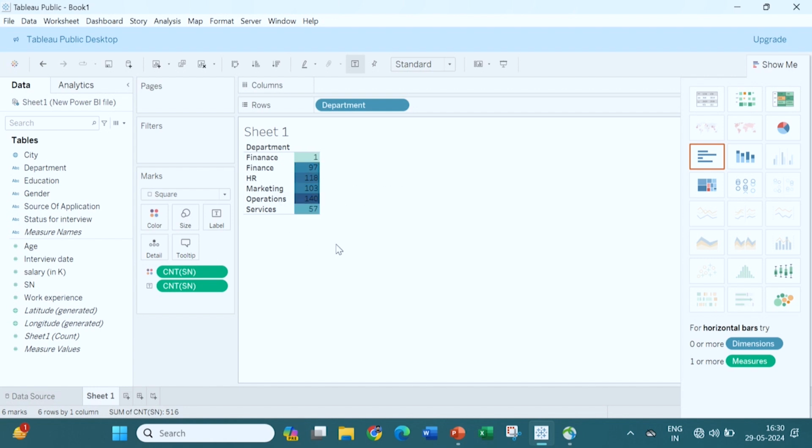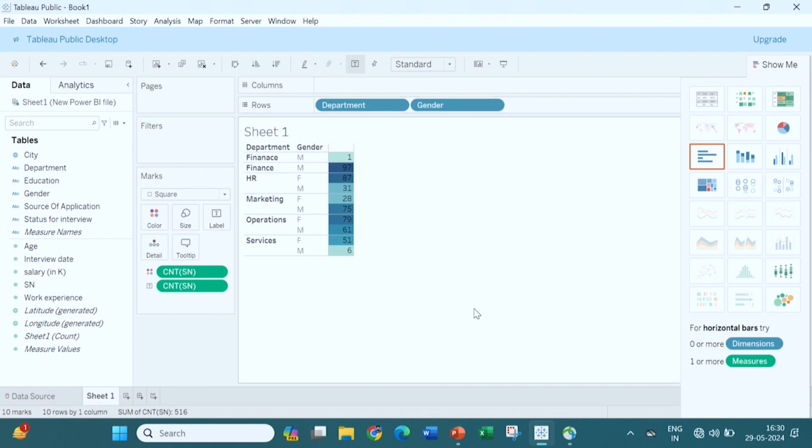So, simply if you click on this table, you will get this table. Now, if you want to know in this table how many males are there and how many females are there, how will you understand? What you can do is take the gender and also put it into the rows. What can you see now? You can see in the finance department male is there, and in another finance department male is there, and here you can see there is no female in the finance department. A spelling mistake is there, so that is why two finance departments are coming,